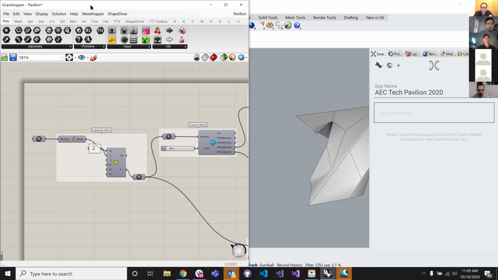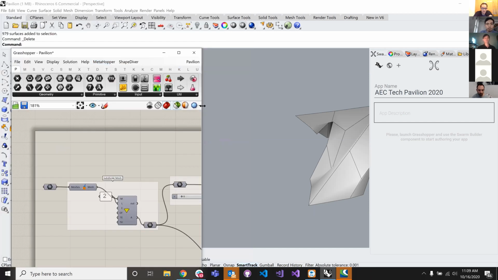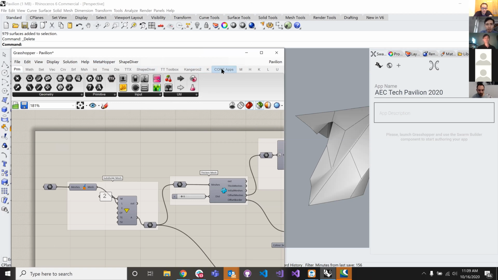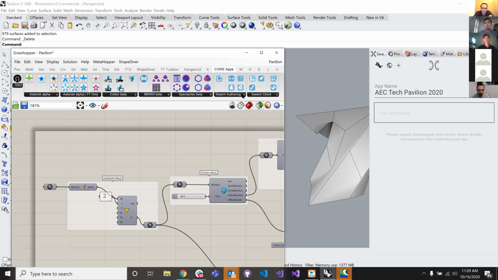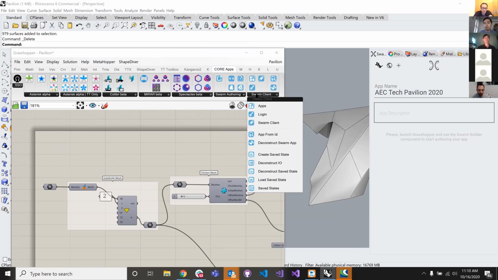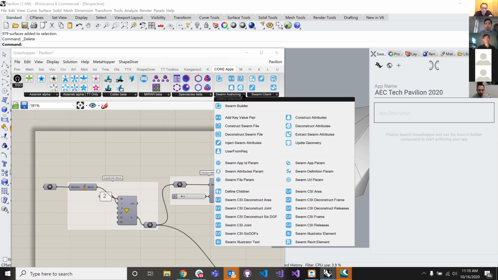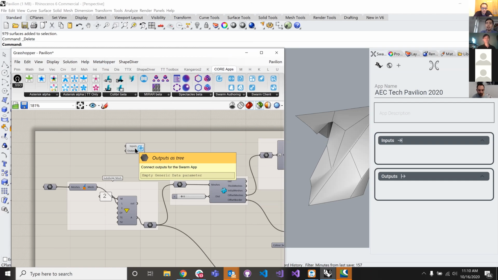So now I'm going to go to this Core Apps panel. And on the right-hand side, you see Swarm Authoring tab and Swarm Client. But what we're interested in here is Swarm Authoring. And the first thing that I'm going to do is place the Swarm Builder component on the canvas. Now you notice that as soon as I did that, something happened on the right-hand side. So the Swarm editor, or the Swarm IDE, has a live link between the Grasshopper canvas and the IDE itself. So you can kind of have a what-you-see-is-what-you-get experience